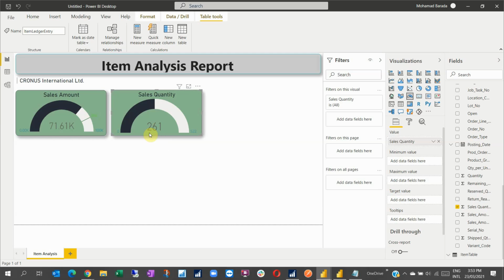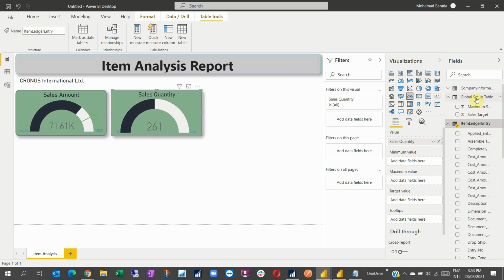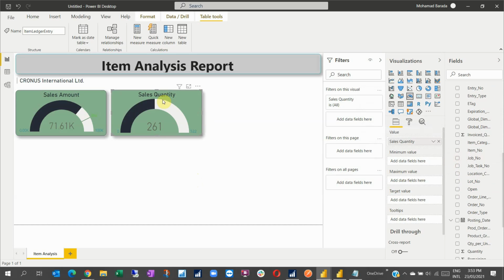Okay, it will show me that there is 261 items sold. Okay, so I have 261. Usually by default, the gauge takes double as a maximum when you don't have these values. But in case you would like to add this value yourself, you can either use the global setup table, add more columns, or you can add something called a measure. You can click new measure,